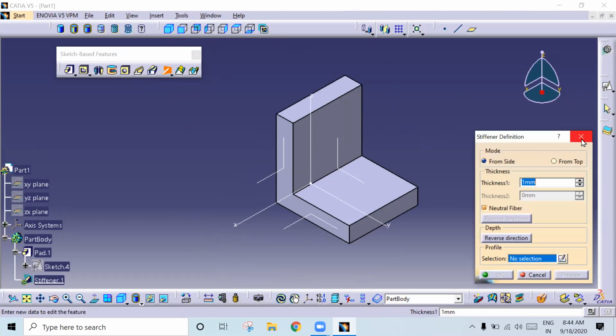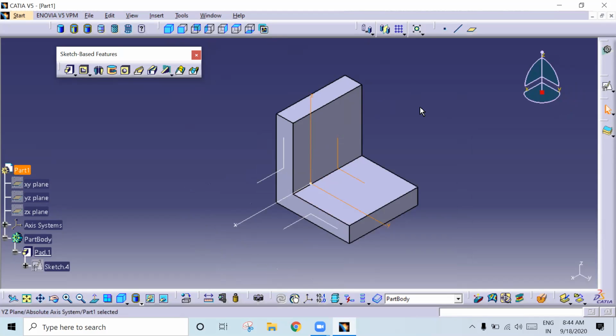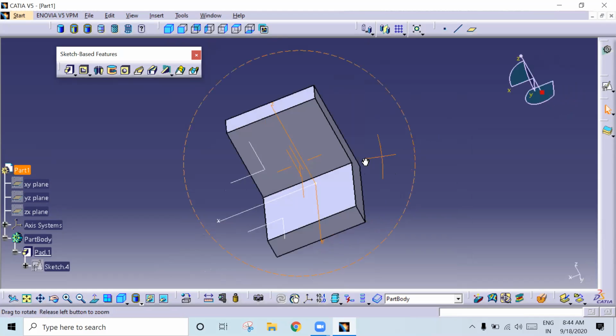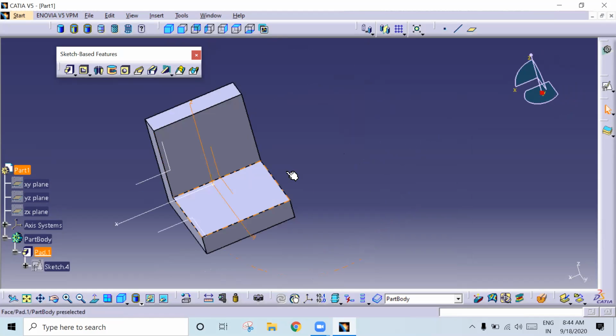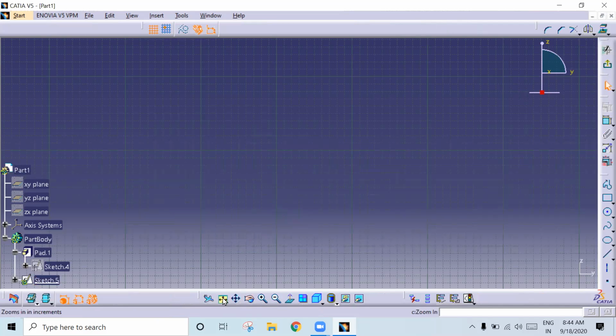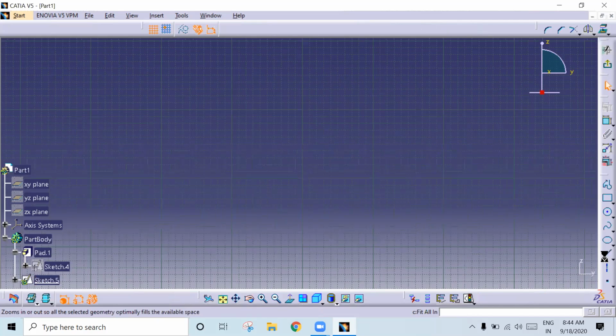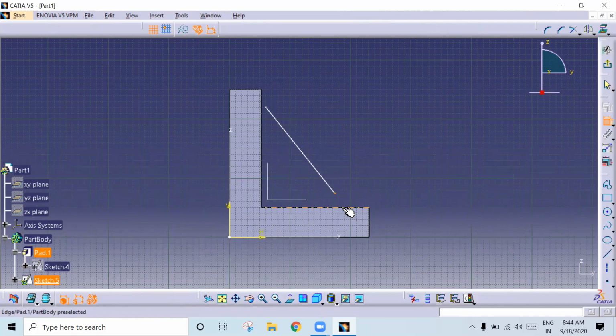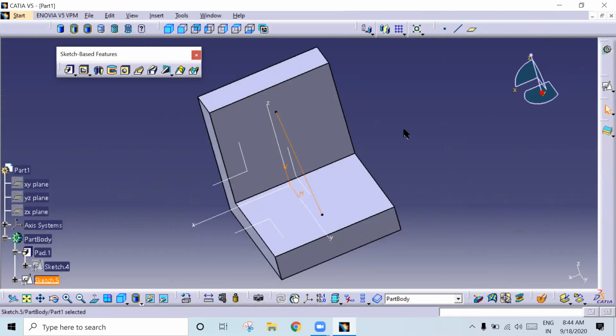Before that, you need to create a sketch. You need to decide whether you want to create the stiffener in the middle or at the end. If you want to create at the middle, select the plane, go to sketch. Here I will create one line and this should be constrained. Double click this and this, right click coincidence. This and this, right click coincidence. You can give distance between this and this. As of now, I am not giving. Exit.